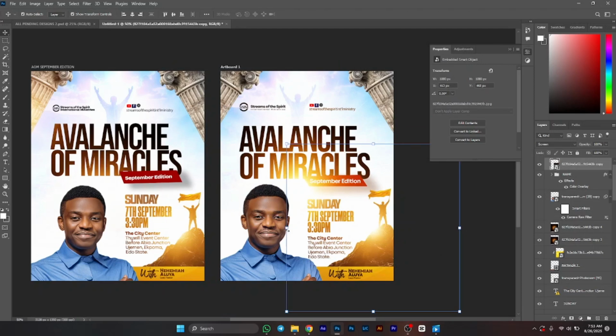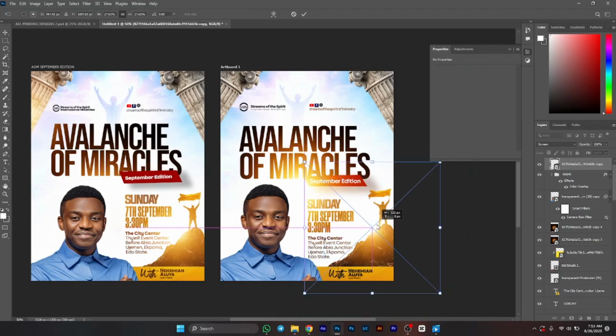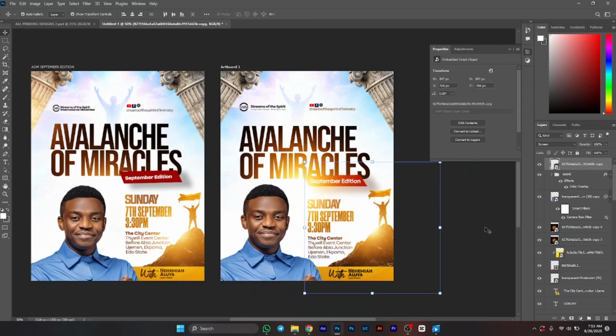Just like so, right? And then on the Avalanche Miracle there are two flares there, so I'm going to pick one, and then I'm going to move it to my left hand side, adding a little bit of light there as well. And just like that, you know,